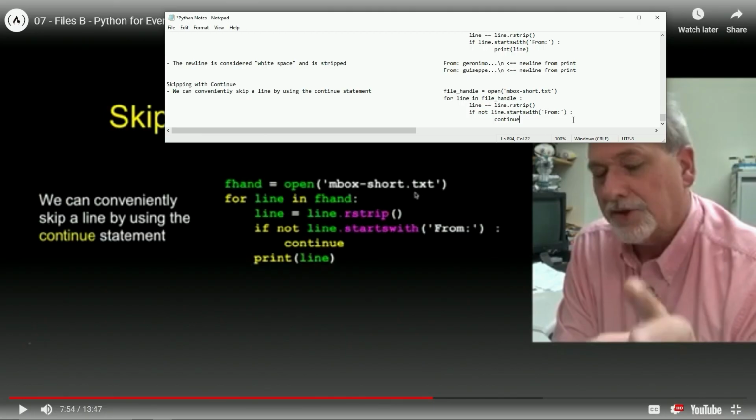Continue, instead of breaking out, it doesn't break, but it goes to the next iteration. Slick move, I like that. So if not line starts with from, we're just going to continue, right? So we can get rid of that if statement.